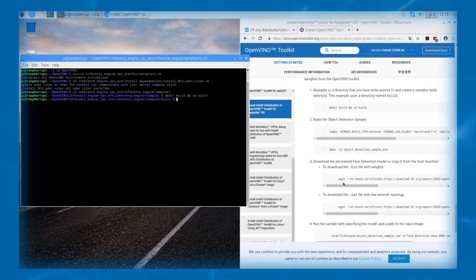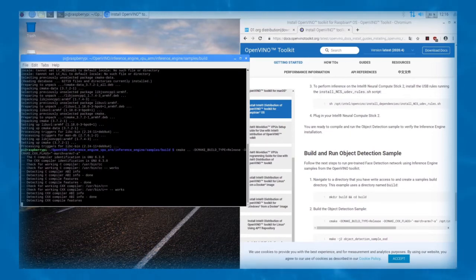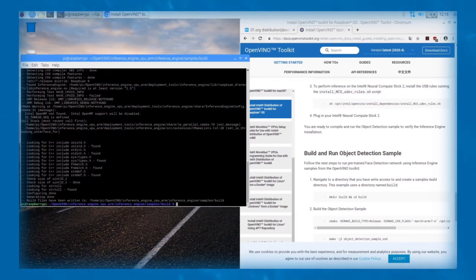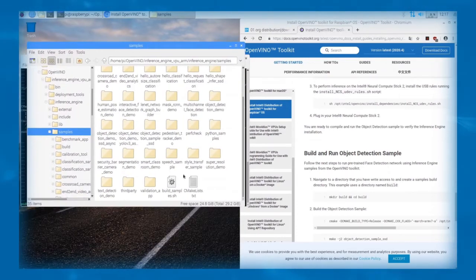Now we will build the interactive face detection demo. First, we will run the cmake command, then the make command. The sample is built under armv7l/release, where I will navigate.